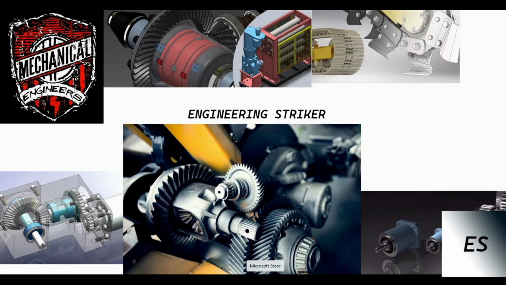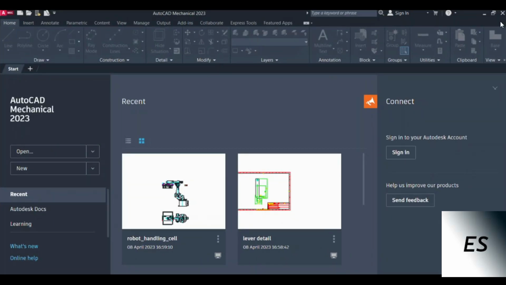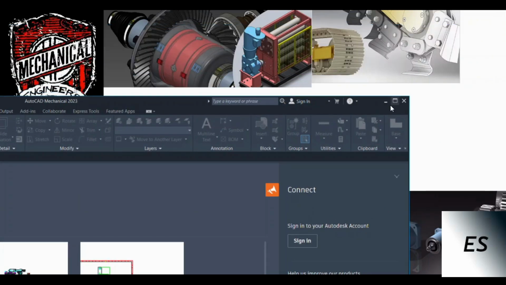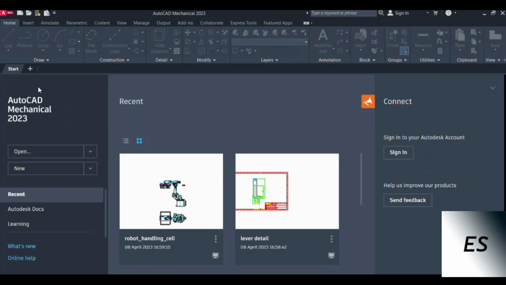Today this is our first video on the engineering software platform that is known as AutoCAD. So today we are going to discuss a slight introduction to AutoCAD and some of its features, and moving forward we will discuss and read about the commands in detail. So let's get started. As you can see on the screen, this is the AutoCAD screen,